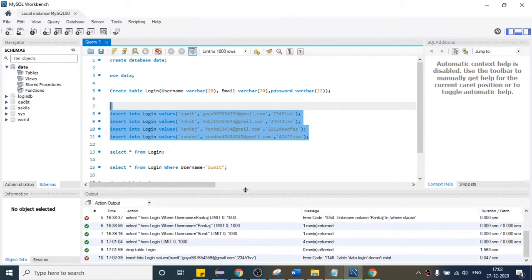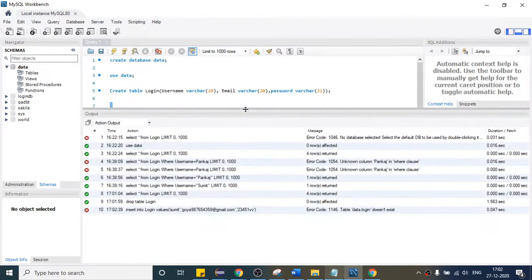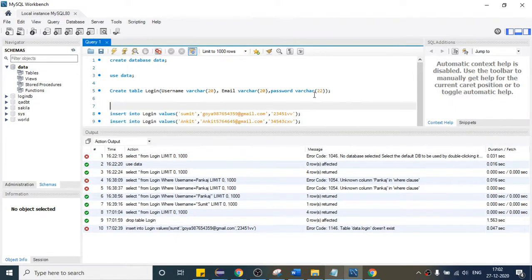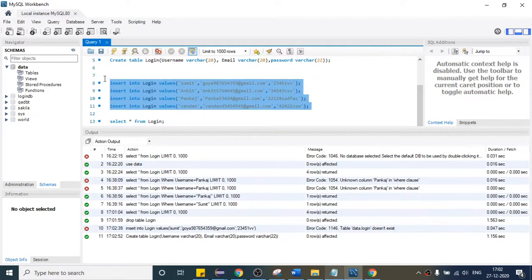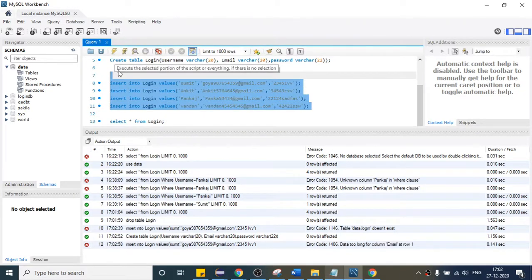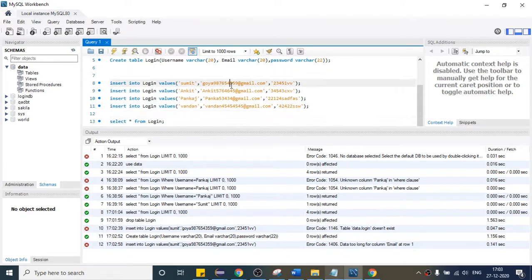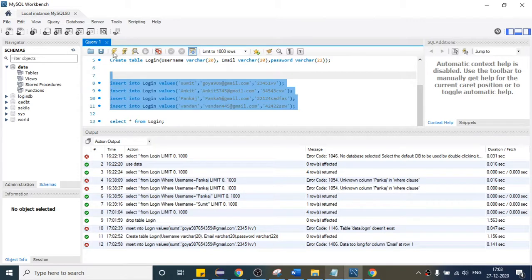so is the action complete? Okay. So let me first create the table. Actually, I have not created this table because I have deleted the table. So first let's create the table. So table created. After that, client has updated all the data. So data too long for email. So I think let me give some small name because the maximum length is 20. So let me give some small value. So some data is changed and client has updated the value.